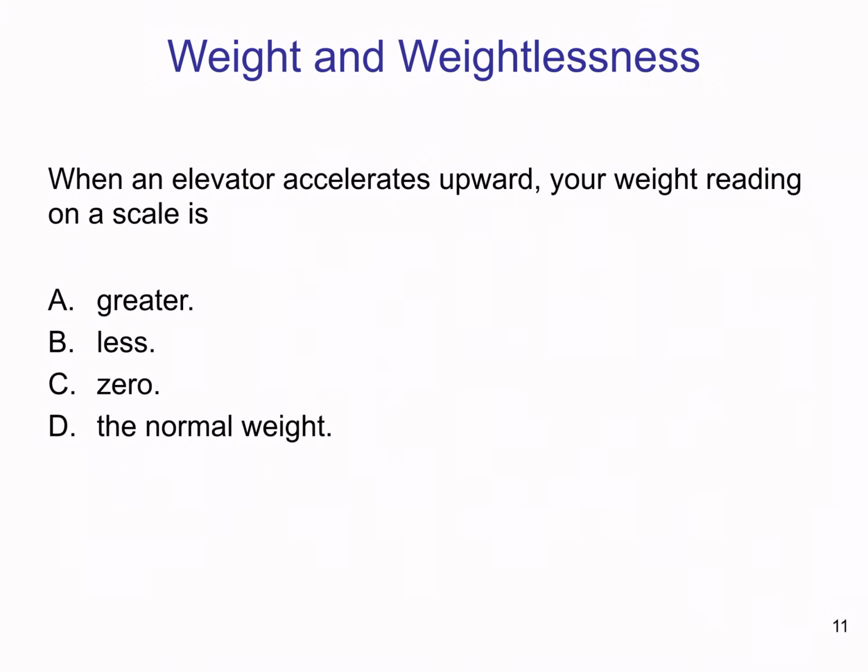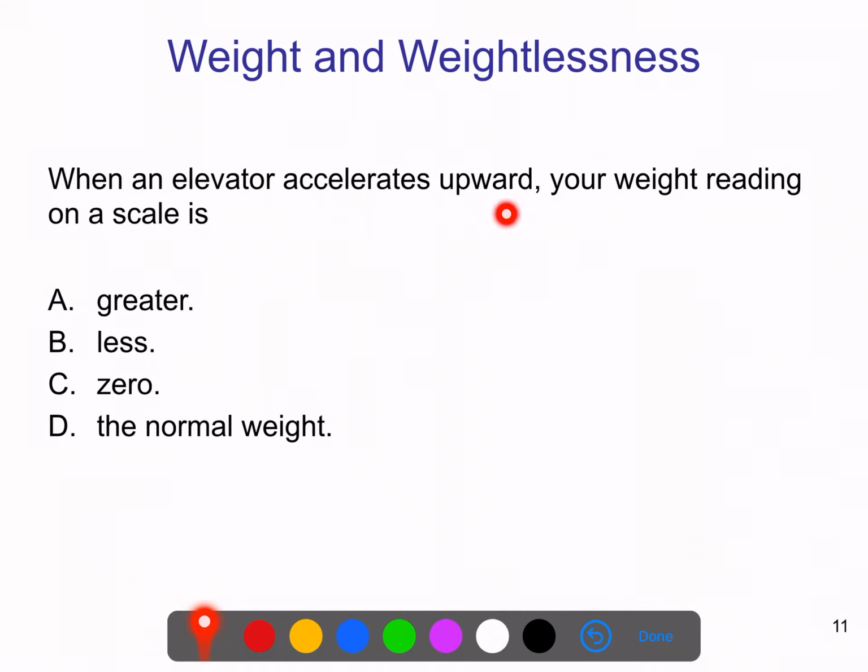Okay, so normally we would do these in class as clicker questions, so we'll just go through them together and you can kind of check your reasoning. Pause if you want to, and think about what you would put if this were a clicker question. So in the example we just discussed, we were talking about different possibilities for an elevator moving. So if an elevator accelerates upward, what would the reading on the scale actually say compared to your normal weight?